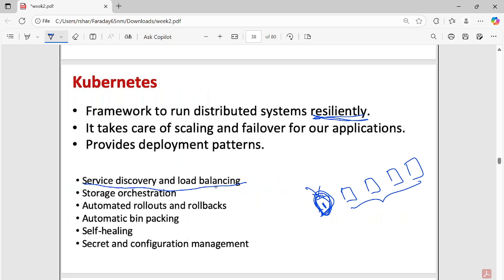The next thing is storage orchestration. Storage orchestration means, when you are trying to work with Kubernetes, say for example with deep learning algorithms,